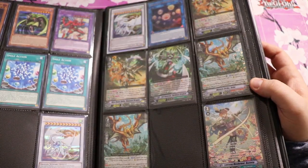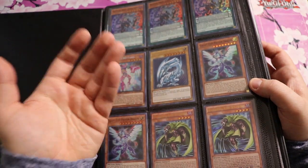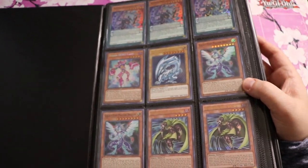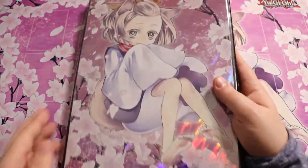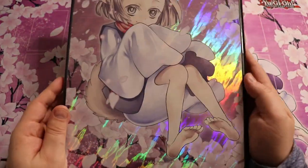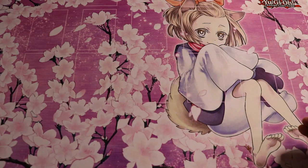They fit, it's almost like a perfect fit, right? It barely fits in there with the licensed sleeves. So if you have oversized penny sleeves, it's not going to fit in this binder. They made them specifically so you can buy the licensed sleeves or just put regular cards in there without sleeves. So I'm going to go ahead and move this binder aside, and the quality of the binder